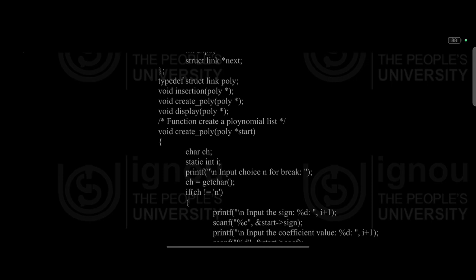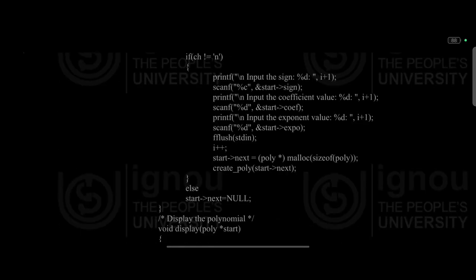if (ch != 'n') { printf("Input the sign %d", i+1); scanf("%c", &start->sign); printf("Input the coefficient value %d", i+1);